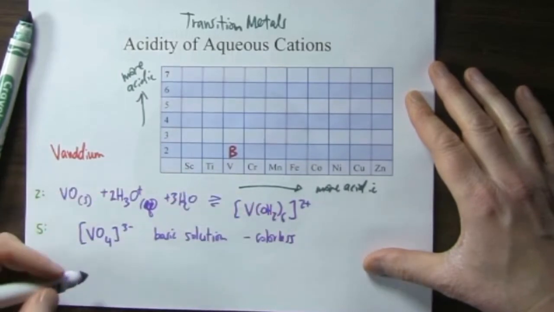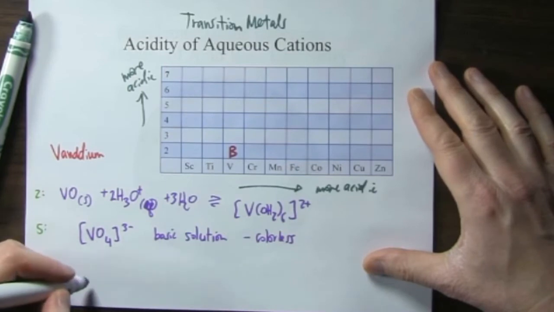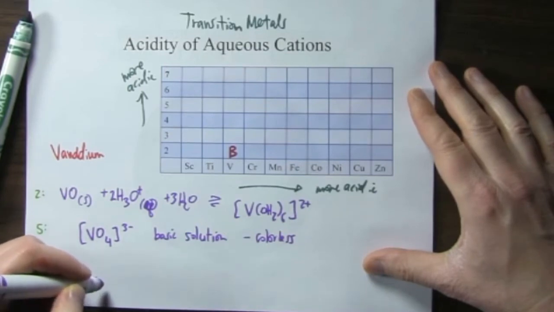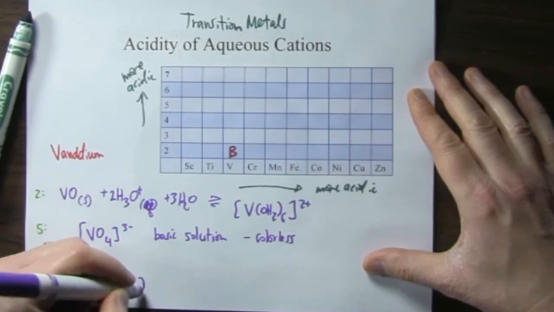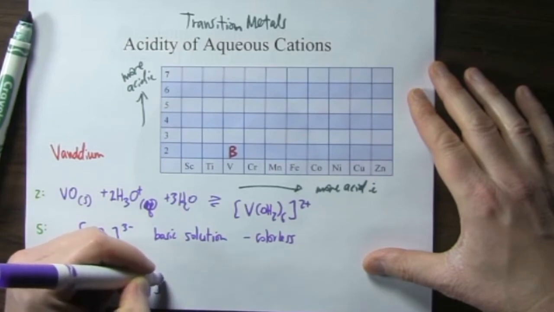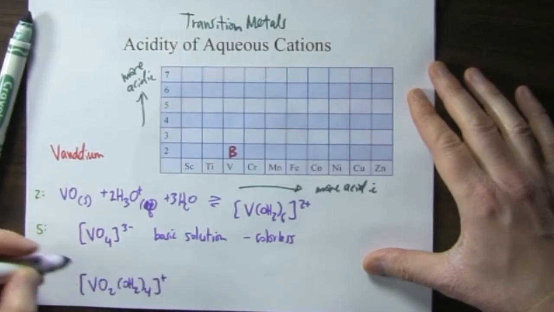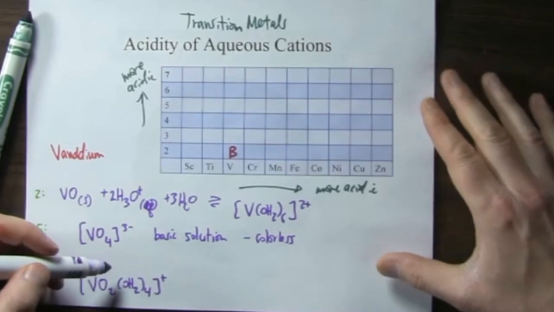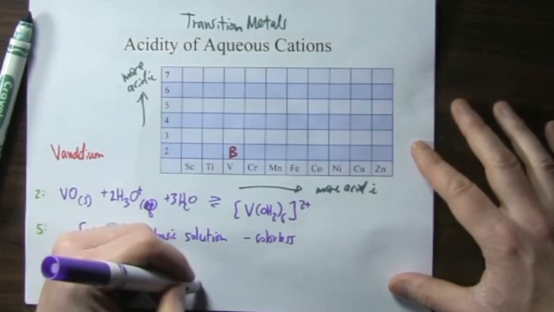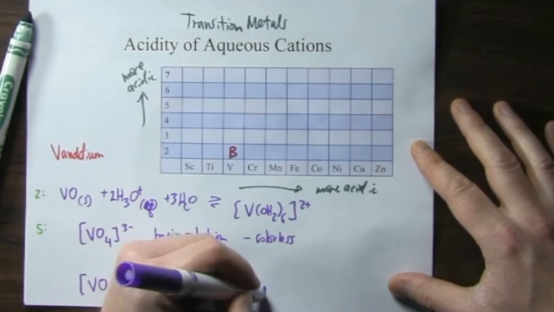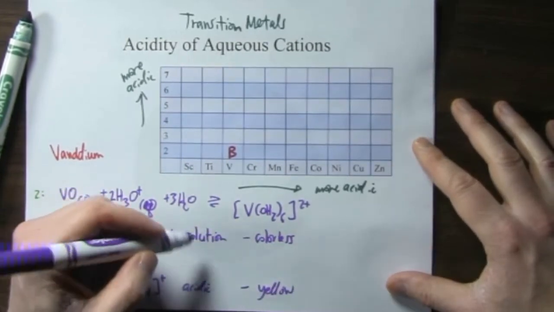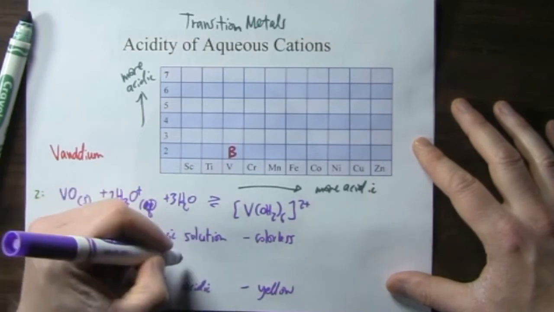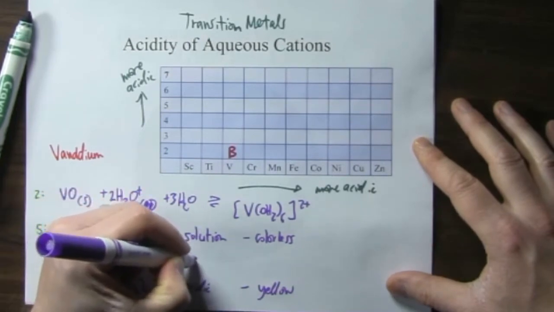If you're in acidic solution, you have this compound, a hydrated vanadium oxide. So this is acidic solution, and this is a yellow color. And in between, in more neutral solution,